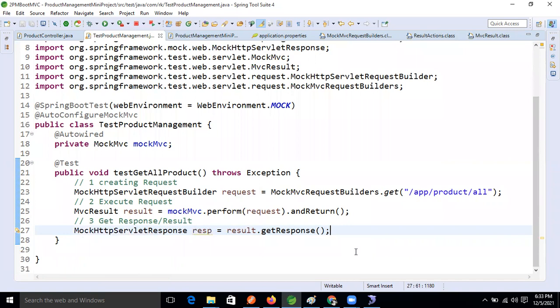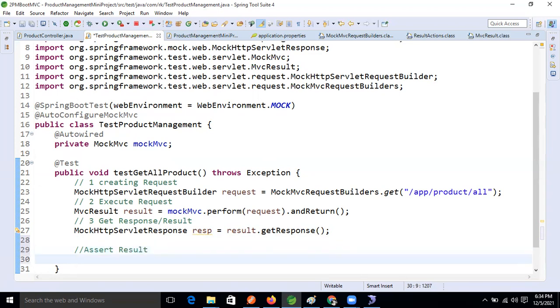So from here onward we will check it, guys. We will perform the assert operation. Here we will compare the object, using the assert API, to check whether our test case has failed or passed. So what operation are we going to perform now? Assert result. We are asserting the result here.